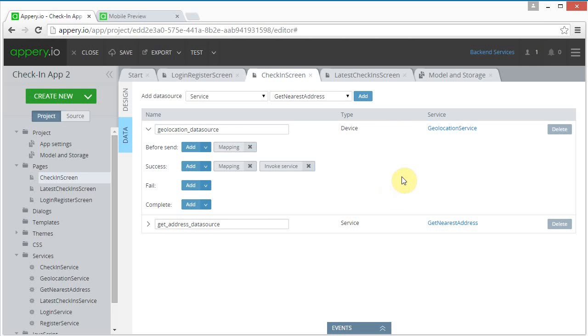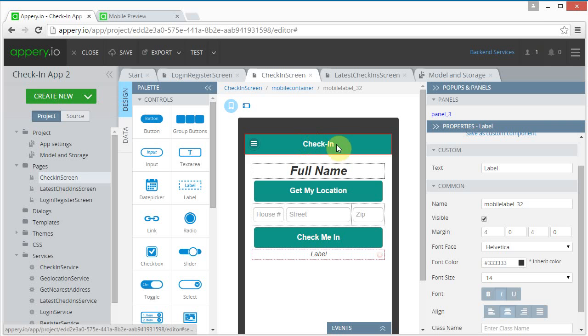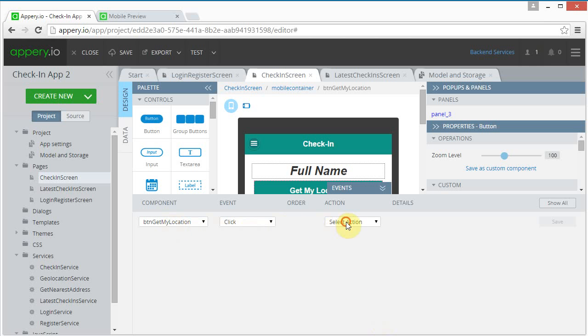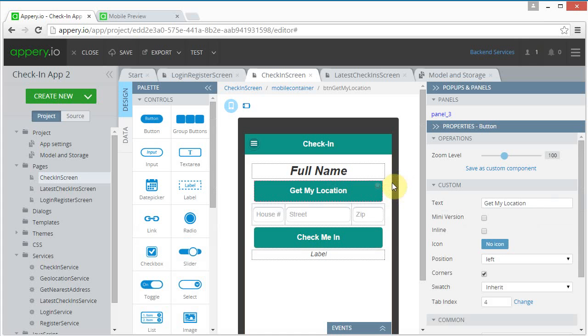And so the last thing we need to do is set up the event handler. So click here, get my location, and that's going to cause an invoke service, and it's going to be the geolocation data service. So click save, and let's see if this works. So click save up here, test,